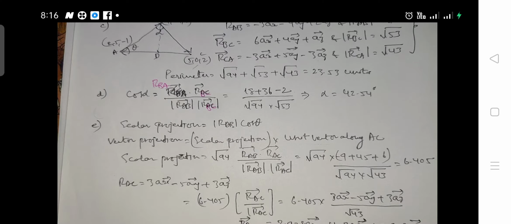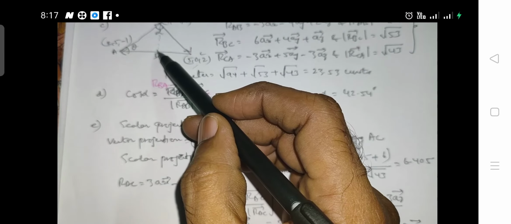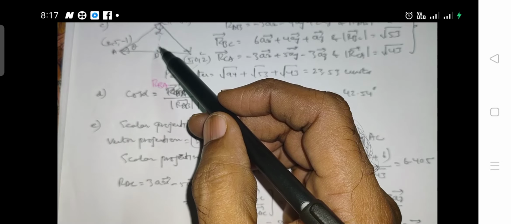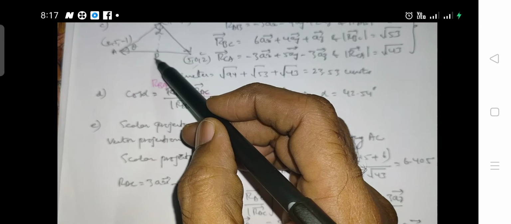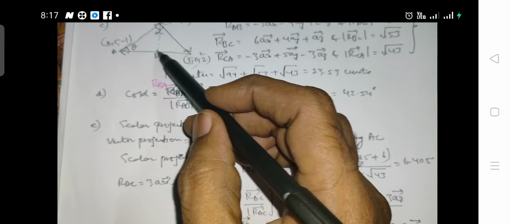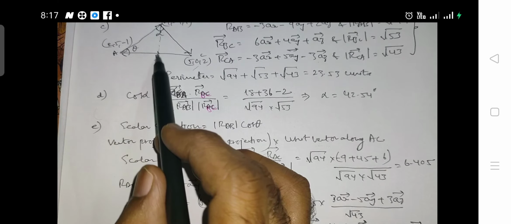That is how we have to simplify for question E. And next we have to find out F. F is nothing but the length of the altitude of the triangle that extends from B. So this is the length which is extended from B to the opposite side perpendicularly. So this length becomes equal to R.